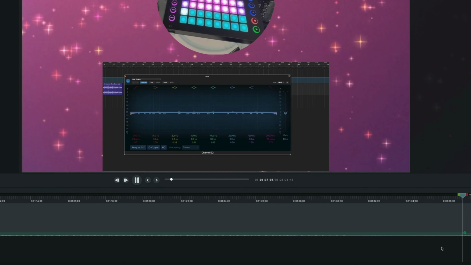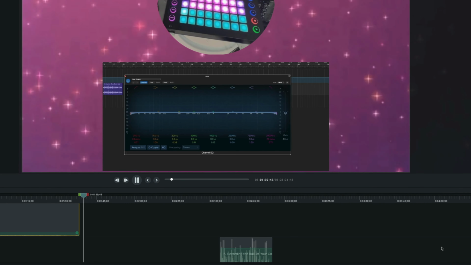Just within these three parameters, there is a world of possibility. We have